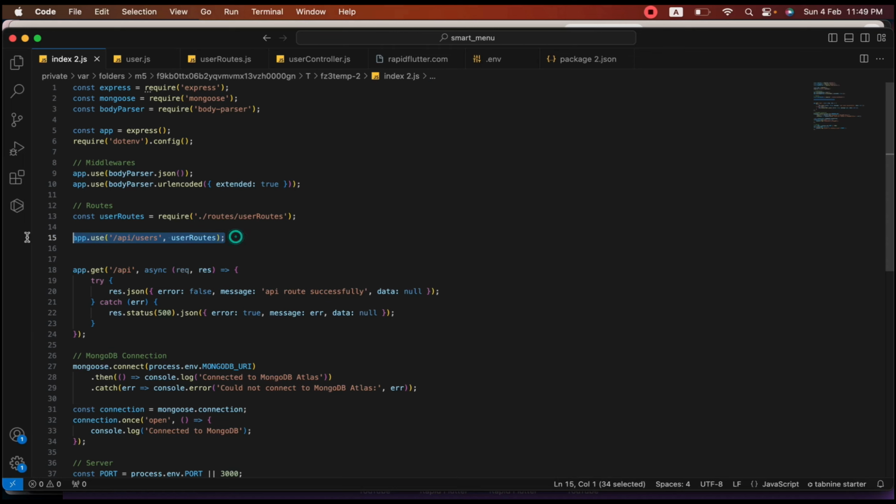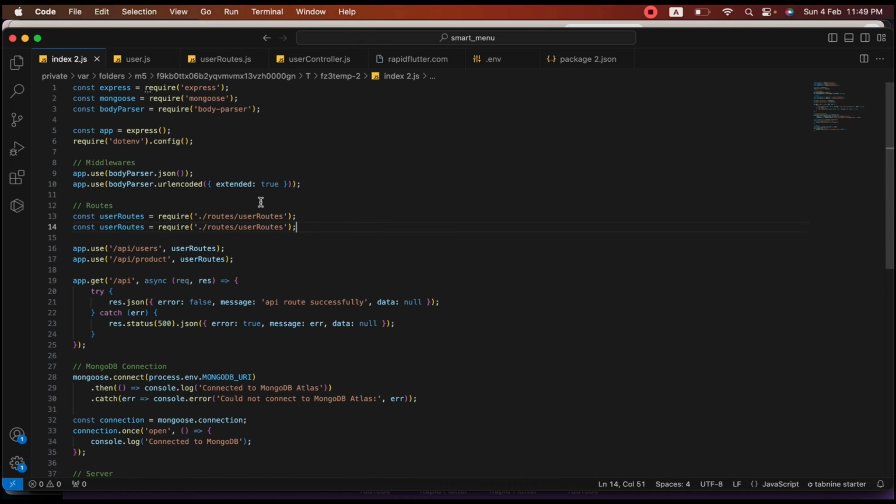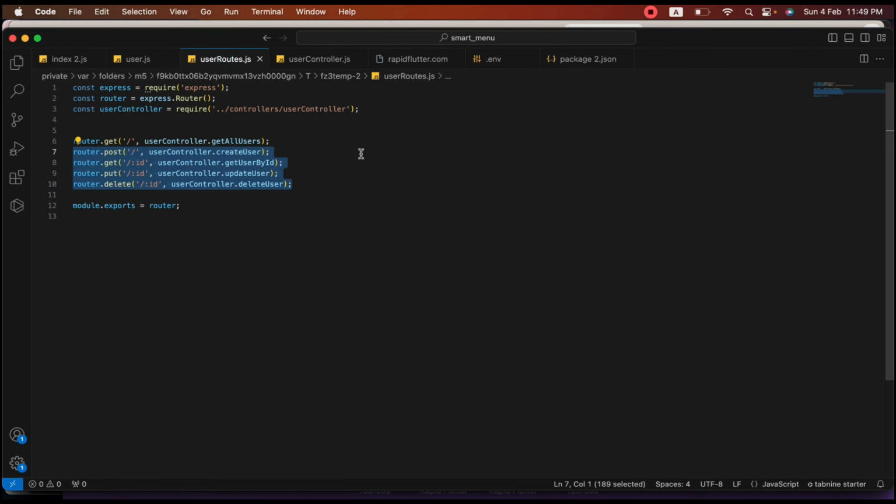If we have another route like products, we can write it like products. Also we can create another route and controller for products, and we can assign it. So this is the working of route. It will check the URL, and if the URL has the word user, then it will go to this user route, and it will check if the method is get, and it will check